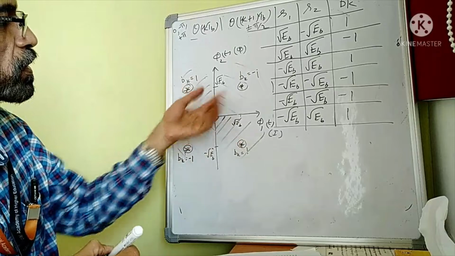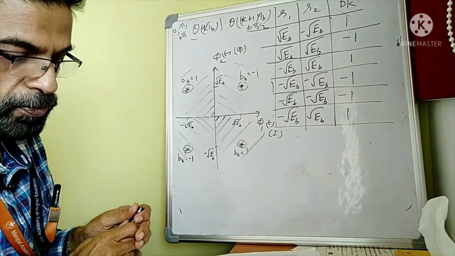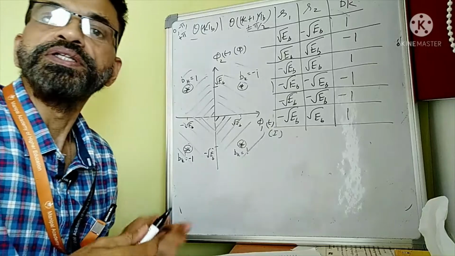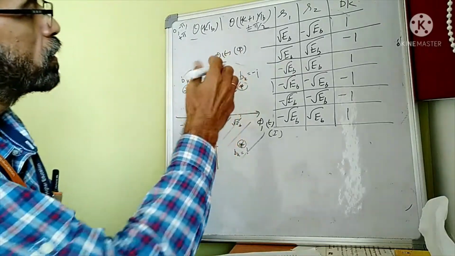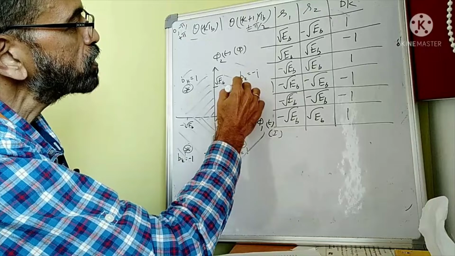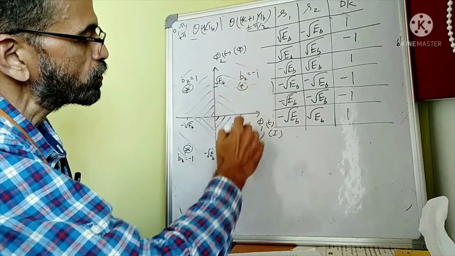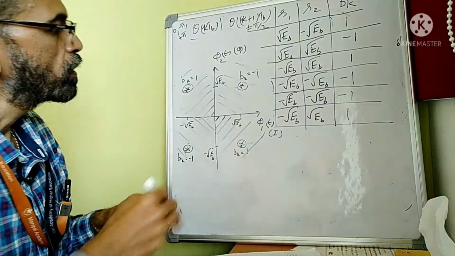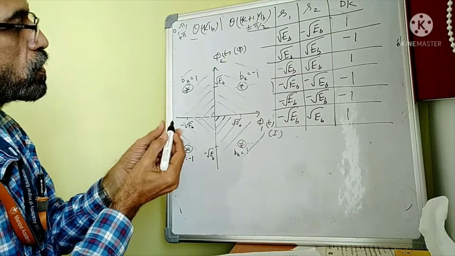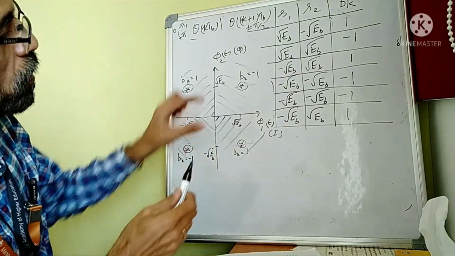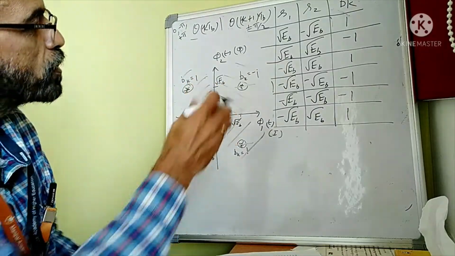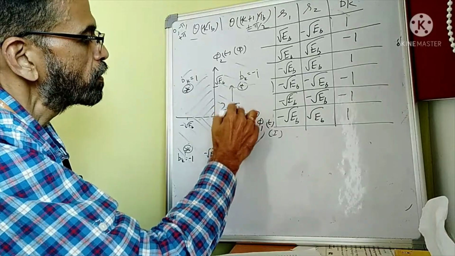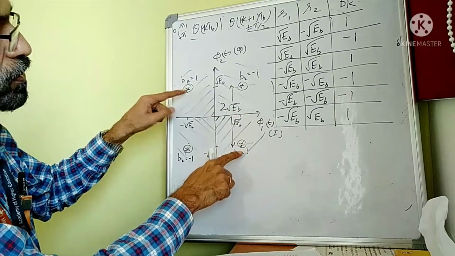That is symbol 1 and symbol minus 1. And we observe that the shortest, the minimum Euclidean distance, so to say, is 2 root EB. This is more than that. So